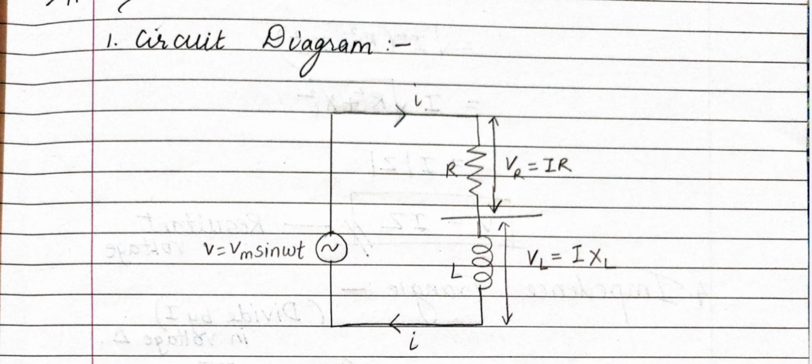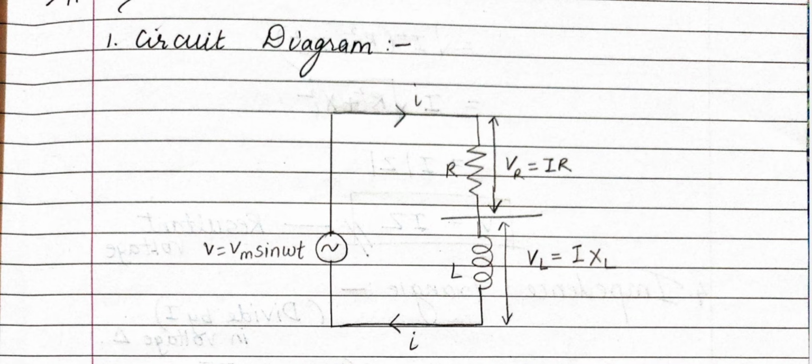Where I have written R, that is resistance, you can see I have written VR, the voltage across the resistor. It is I into R. This is simple, that is our Ohm's law. Remember this with respect to the resistor: the voltage across the resistor is nothing but I into R, current into resistance. Then where I have made the inductance, I have written that the voltage across the inductance is equal to I into XL. What is I? Current. And XL is the inductive reactance. You have to remember this, this formula comes in numericals also. What students do is write R in place of XL, as we are very familiar with Ohm's formula, right?